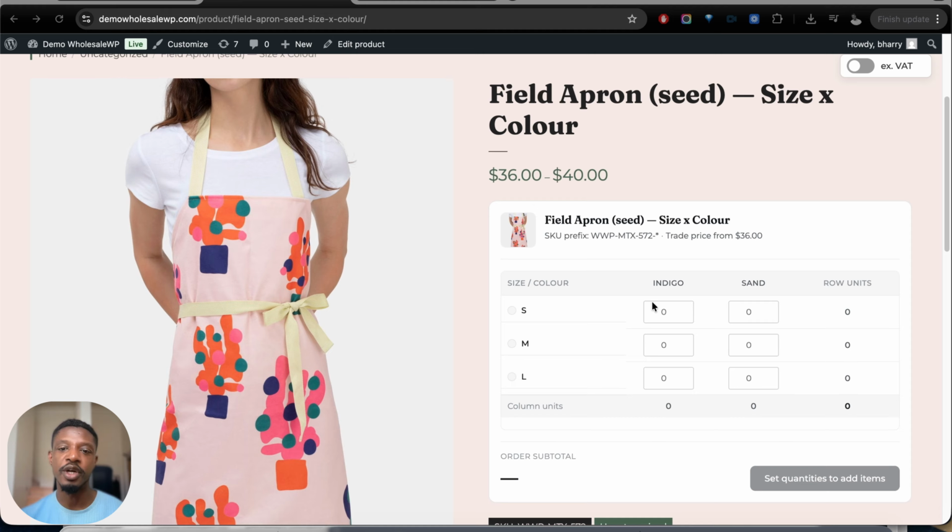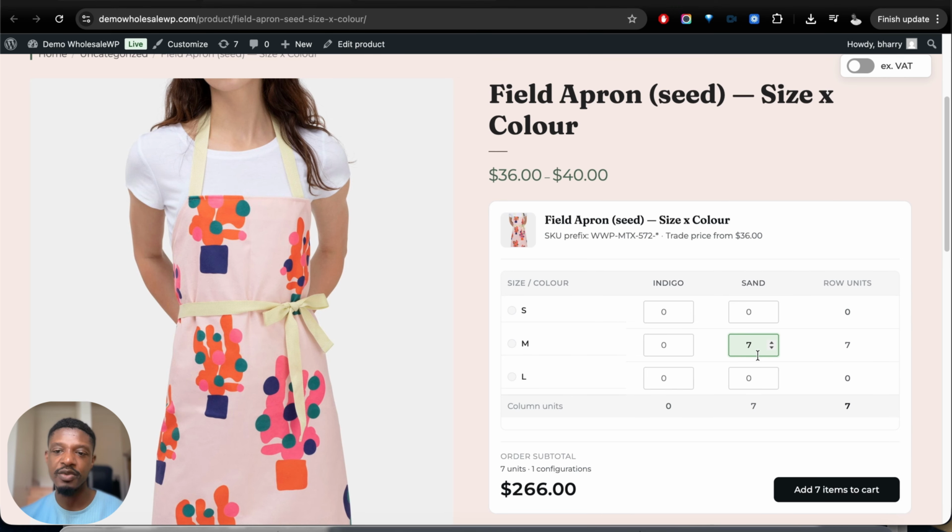This is our variable product, and here we've got a few different options to choose from. We've got the size and the color. If I wanted the medium in this sand color, let's say I wanted 7 units of this particular one, just like that, I can select it. And maybe I want 10 units in indigo. We've literally just selected 19 units in a matter of a few seconds, and we can add all of this